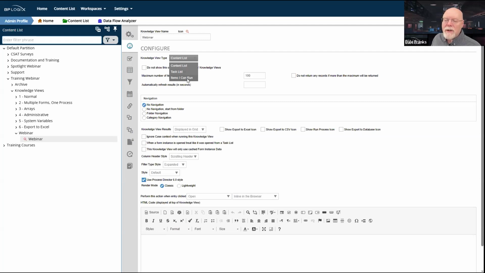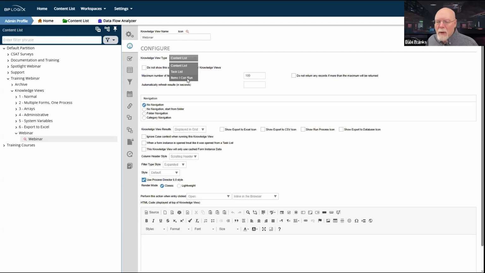There's also an items I can run task list, which is a custom version, again, of a global task list that already exists. Now, I'll be honest with you, I'm not sure how useful the items I can run one is. The global one is fine, although that global one can get a little big and a little unwieldy. And in that case, if you have hundreds and hundreds of forms, it might not be super helpful.